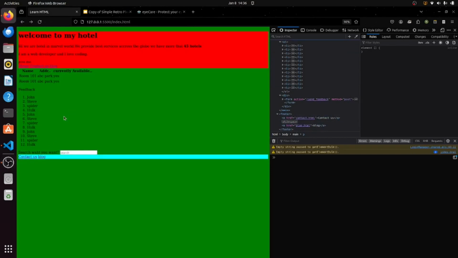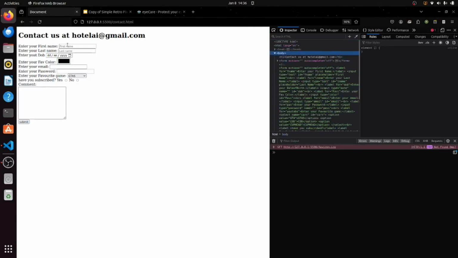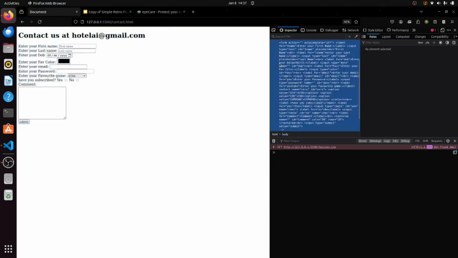You have already seen a lot of examples like this. You can click on contact us. There's a contact us. Let's talk about form. A form starts with the form tag, then closes with the end form tag. This is the starting tag, the end tag, and the content inside ends with slash form. Okay, now when you open it,